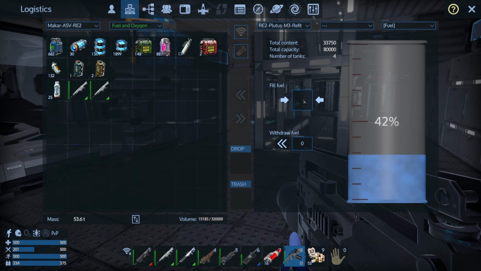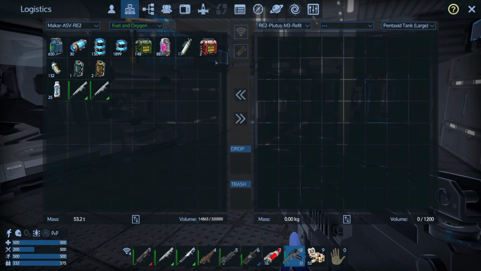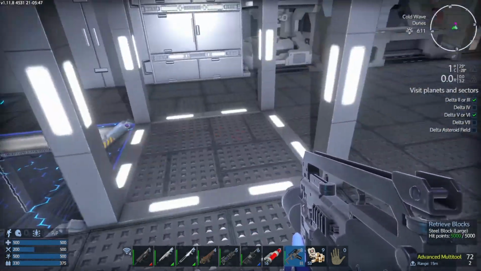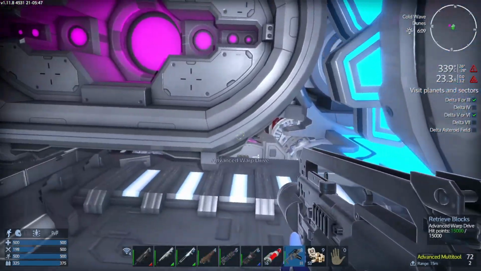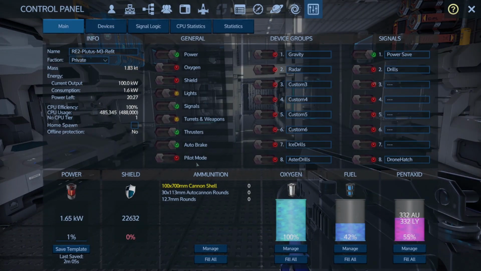We'll put 42%. Also, we can shove as much oxygen in. It's only 8,000. And the Taxid tank, 1,200. I think this ship does have a warp capacity. I mean, it's a fully equipped capital vessel. Yeah, I think what we've got in here is an advanced warp drive and a couple of generators. I think it's got some shielding as well. Let me just see. The shielding is